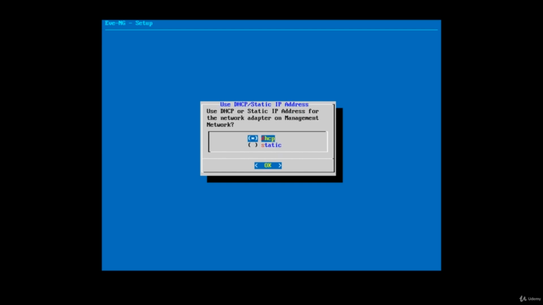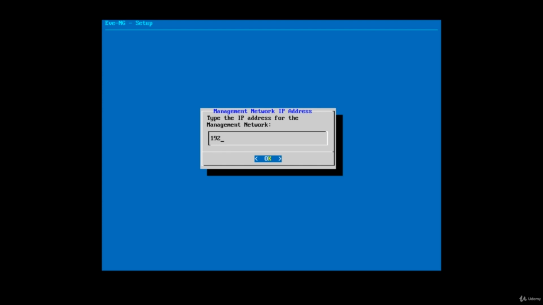Just press enter. Now you can either use DHCP or static IP addresses here. In my example, I'm going to use static IP addresses because I know what IP address I want to allocate to this VM so that I can access it from my Mac or other devices in my network. So I'm going to specify that IP address, the subnet mask, the default gateway, and my DNS server